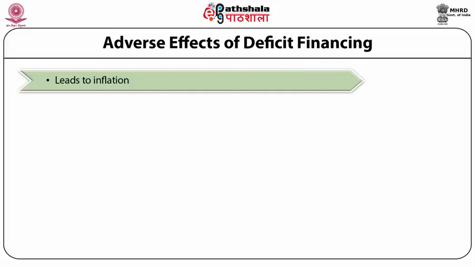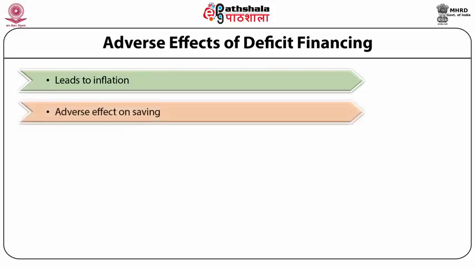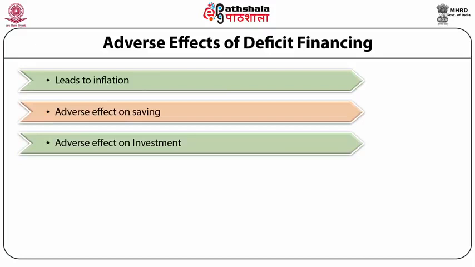Due to deficit financing, money supply increases and also the purchasing power of people, which increases the aggregate demand and thus leads to a rise in the prices. It has an adverse effect on saving too. Deficit financing leads to inflation, and inflation generally affects the habit of voluntary savings adversely. In fact, it becomes impossible for the people to maintain the previous rate of savings in the state of rising prices.